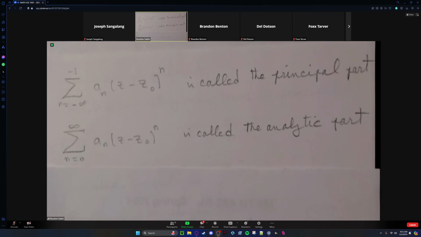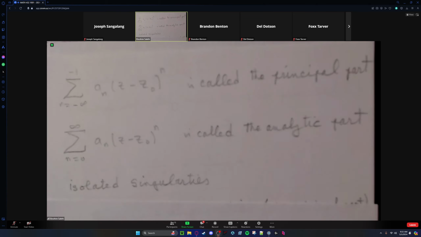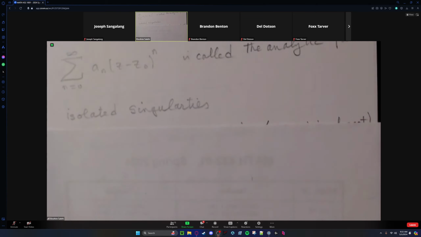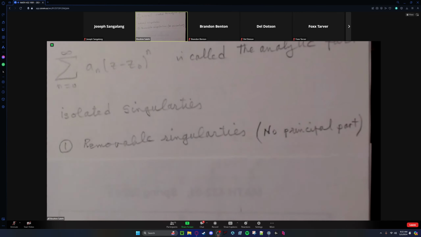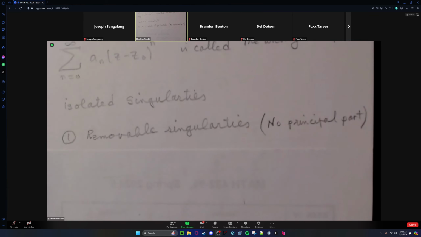That is the principal part. This is the analytic part. For isolated singularities that we want to classify,